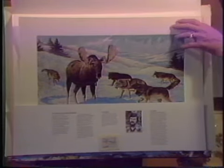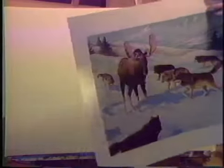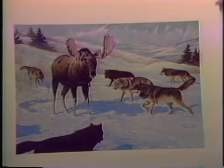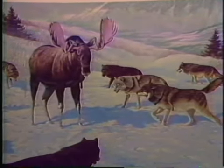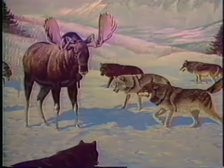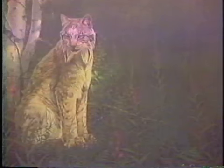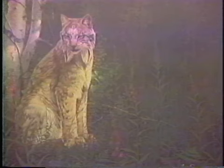And a lot of these organizations produce a print like this to sell and usually a stamp to go along with it for fundraising purposes, sort of patterned along the idea of the federal duck stamp and the state duck stamp programs. This is another print of a painting of a lynx, which live in Alaska, and the flowers there